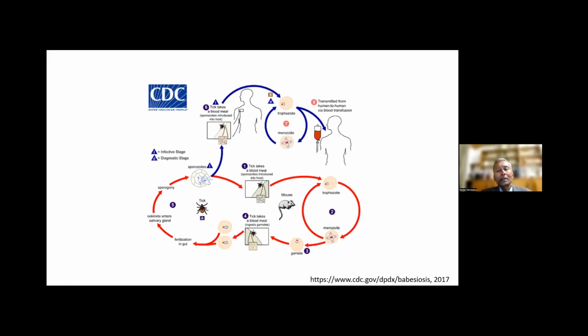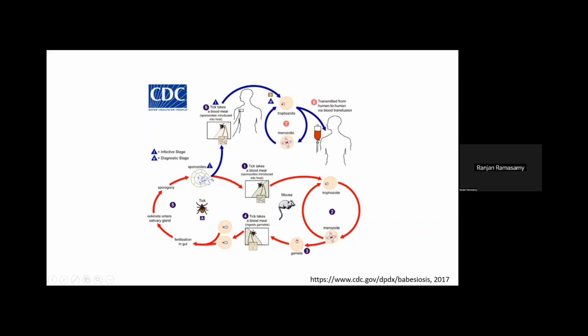So Babesia is a protozoan parasite that infects ticks feeding on mice carrying the parasite, wild white-footed mice, and also deer in the US, for example, that carry Babesia parasites in their blood. Gametes of the parasite are picked up by the tick during a blood meal. The male and female gametes fertilize in the gut to produce ookinetes, which enter the salivary glands of the tick, where multiplication results in the formation of numerous sporozoites,